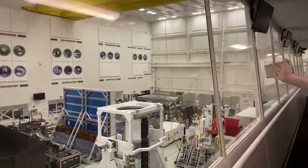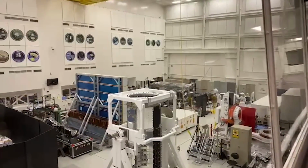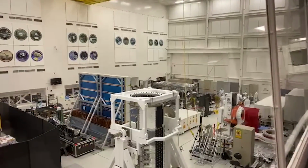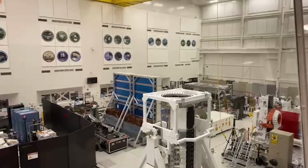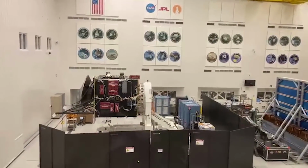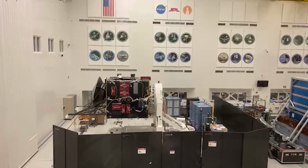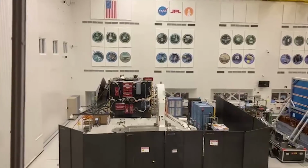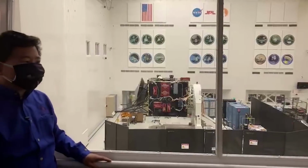This is a NASA-Indian Space Agency collaboration. It's an Earth science mission, and it is not the only spacecraft that's in here. Just this past weekend, we received much of the hardware for the Psyche mission. Now, Psyche is going to be headed to an asteroid of the same name in the main belt, and here to tell us more about the hardware that we're seeing today and what the mission will do is Project Systems Engineer